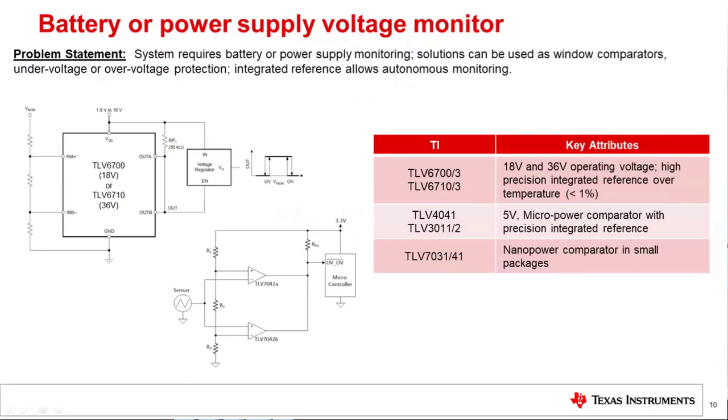Now, the bottom right picture there, the TLV7042, is showing a similar window comparator, but where the reference is set up discretely through a resistor ladder. You can work either way. Really, the way we tell our customers to design is, is there a reference available on your board? If there is, then you don't need a comparator with an integrated reference like the 6700. But if there isn't, that is a very convenient option, right? Because it saves you space, it gives you precision, and it makes your life a lot more convenient because it's an autonomous voltage monitor. But regardless of the type of voltage monitoring you're doing, you'll see that TI has the devices in either voltage range and either power range to really meet your needs.